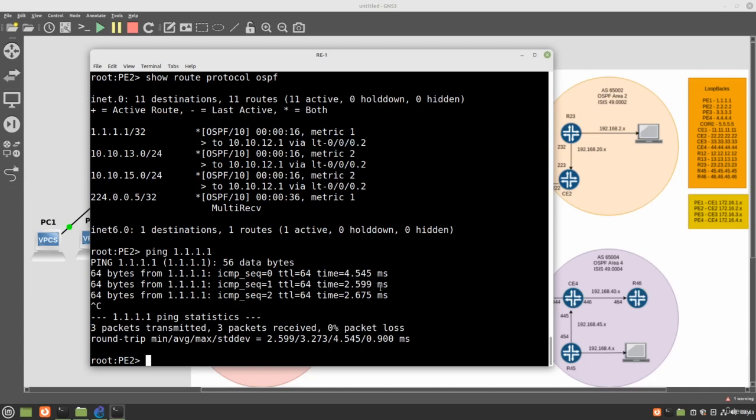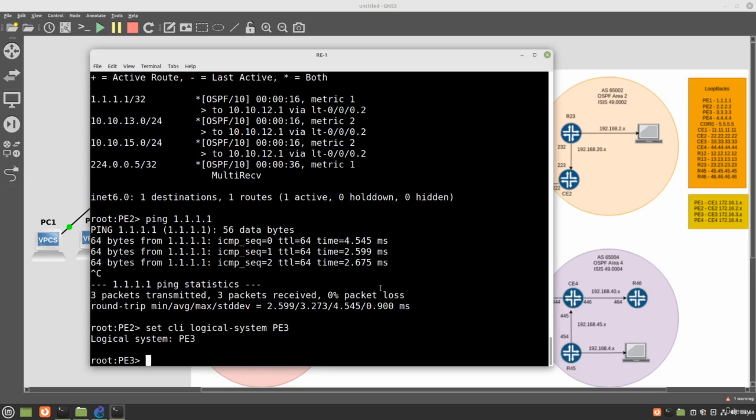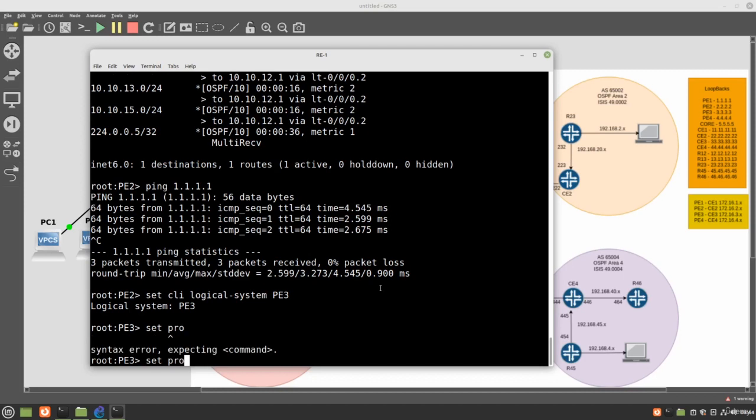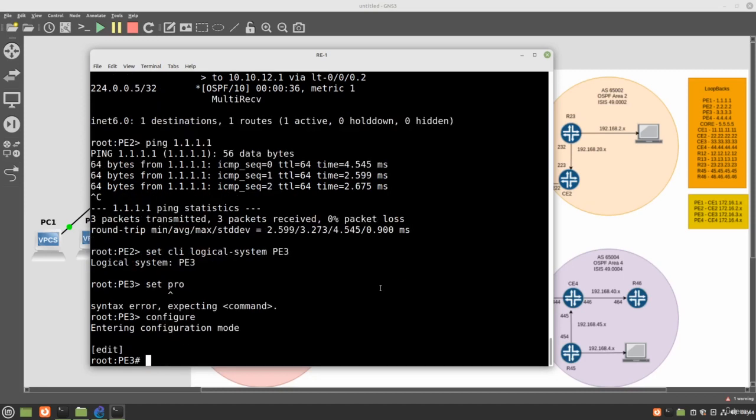Let's do set CLI logical system PE 3, and let's do set protocols. Oops, go configuration mode first. Set protocols OSPF area 0 interface loopback 3 passive,